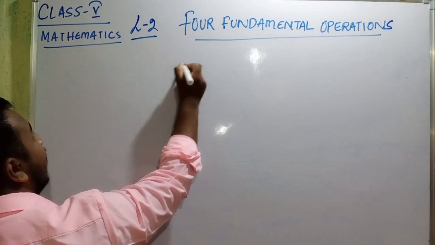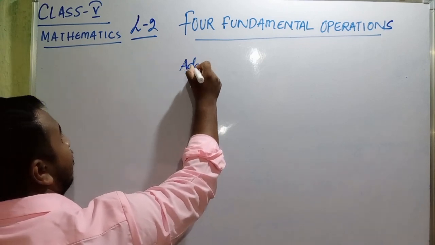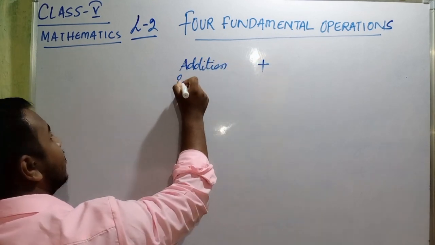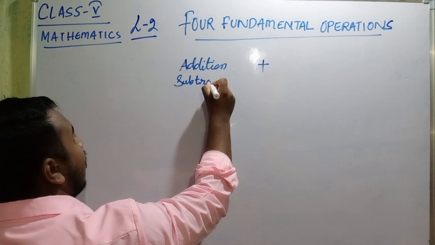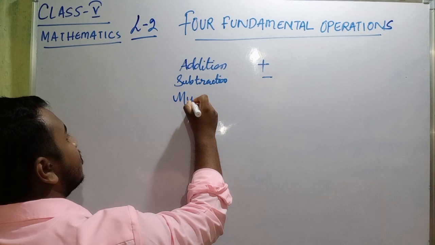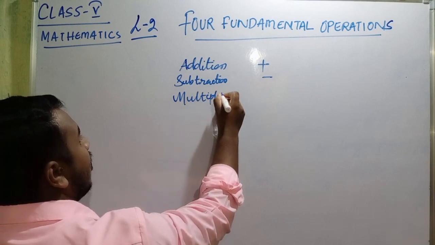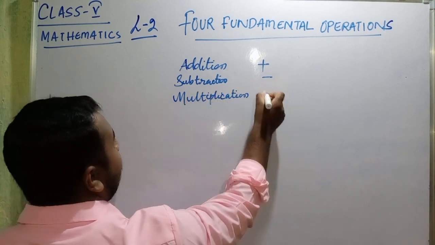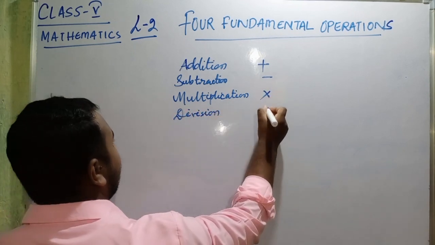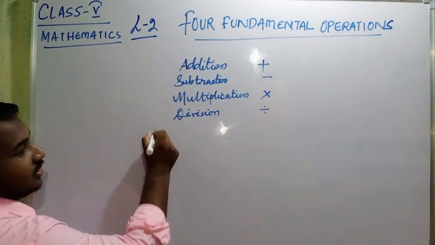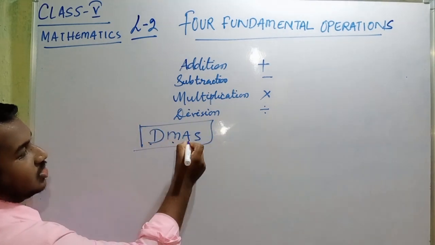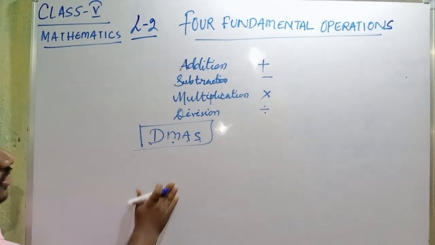First is addition, that is plus, then subtraction, minus, then multiplication, into, and division. Okay, we simply call it DMAS: division, multiplication, addition and subtraction. So these are the 4 basic